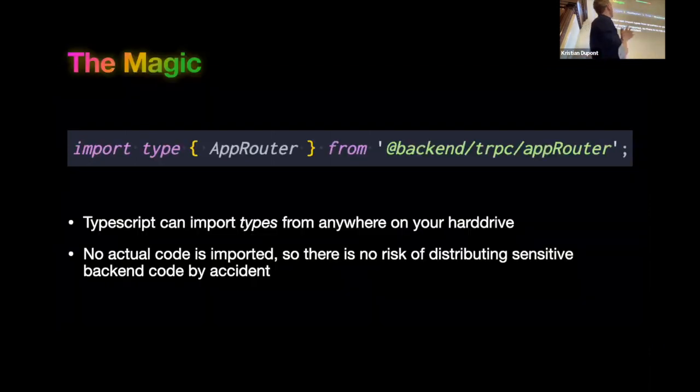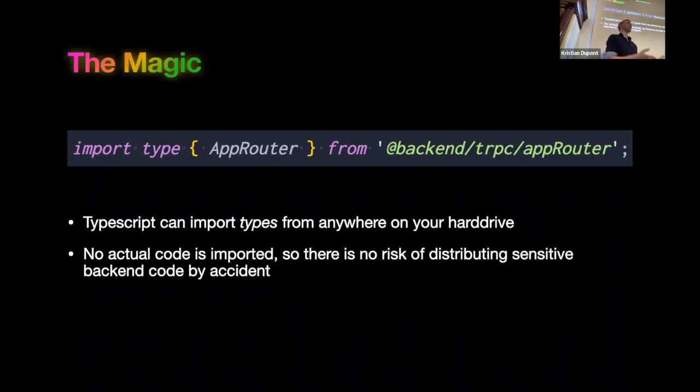And the way it works is by using a little sort of trick or hack, if you will, in TypeScript, which is that you can import a type. So this is a normal import statement, but in TypeScript you can also import just the type, which you specify by just adding type after import, and then you can specify something that can be anywhere on your hard drive. If you import any regular code, so to speak, that isn't just types, it has to be within your project, right? It has to be in /source, and you've configured all of your like